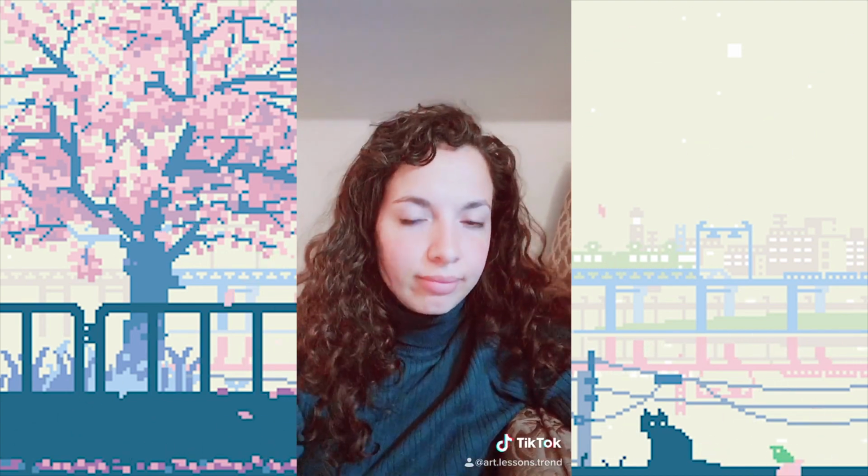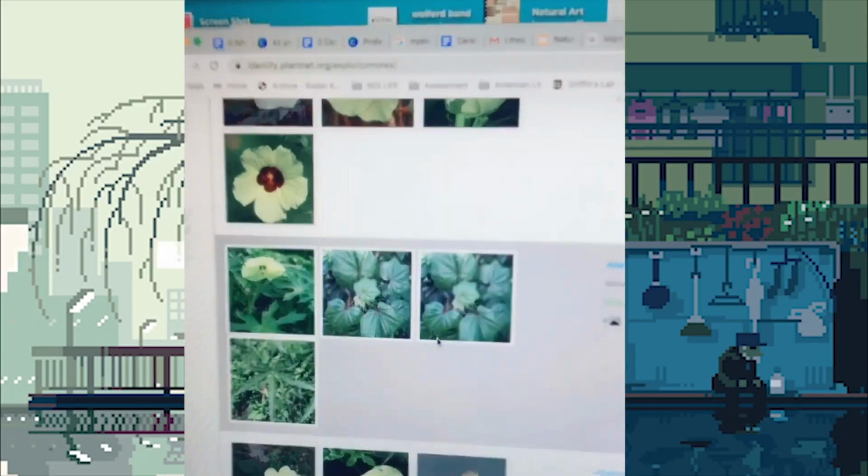After you're done with your thumbnails, choose at least 5 separate specimens out of those that you would like to use for your botanical art book. You can put a check mark by them or circle the ones that you want to use so you don't get confused. Then you're going to go on to